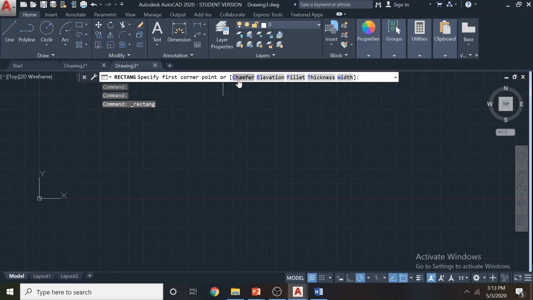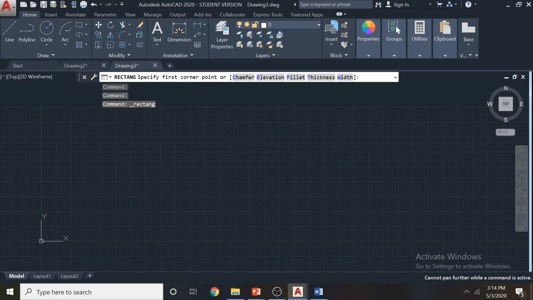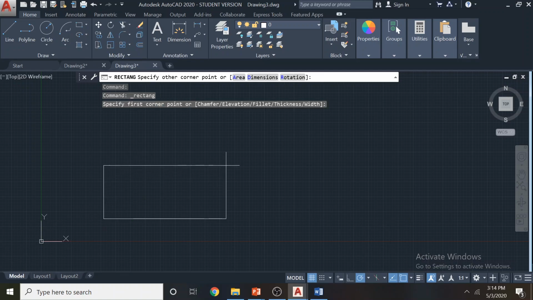Chamfer and fillet theories I haven't done yet, so I will come back to the rectangle tool again after I discuss the chamfers and fillets. For the time being, we'll skip the chamfer and fillets and discuss the rest of the options in the rectangle tool. The rectangle asks you to give the first corner and